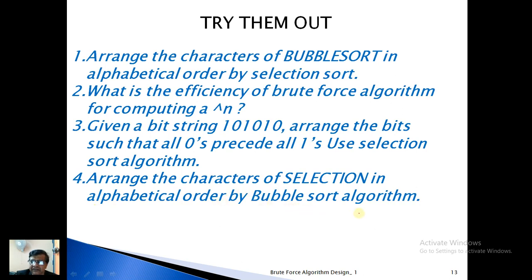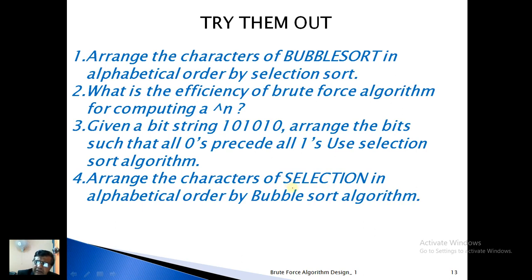Arrange the characters of the word selection in alphabetical order by the bubble sort algorithm. It's better you number them for the sake of convenience. We will number the cardinal number of each and every alphabet. Cardinal number means the position value of O, position value of N, position value of S. We can do that, or we remember